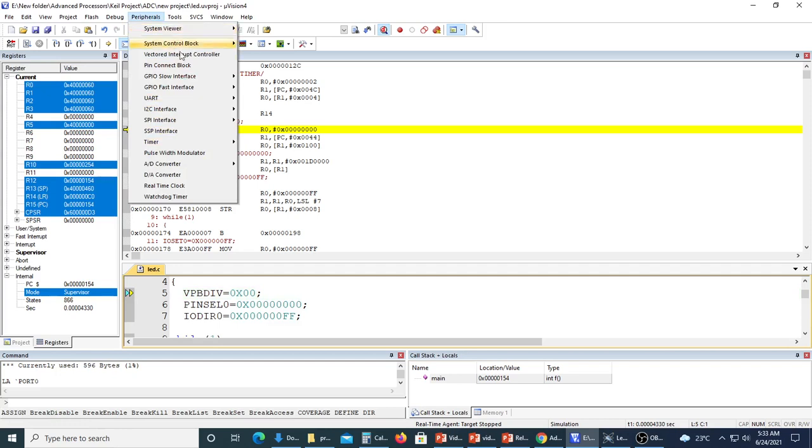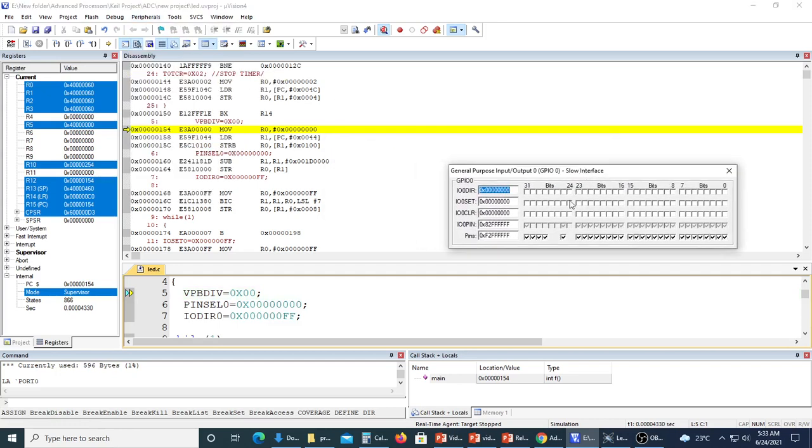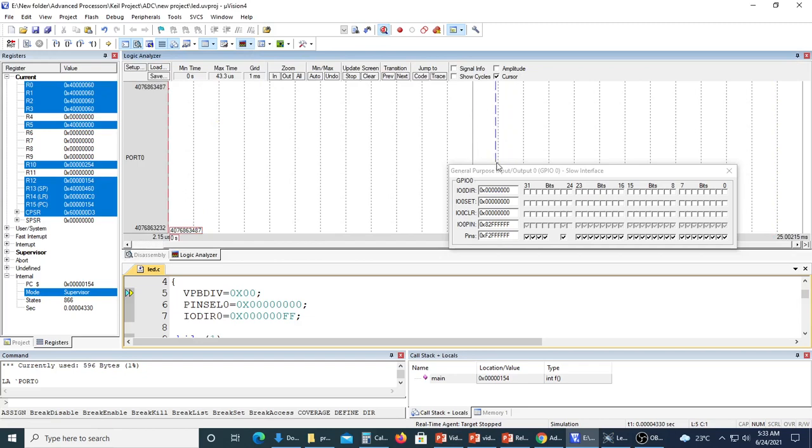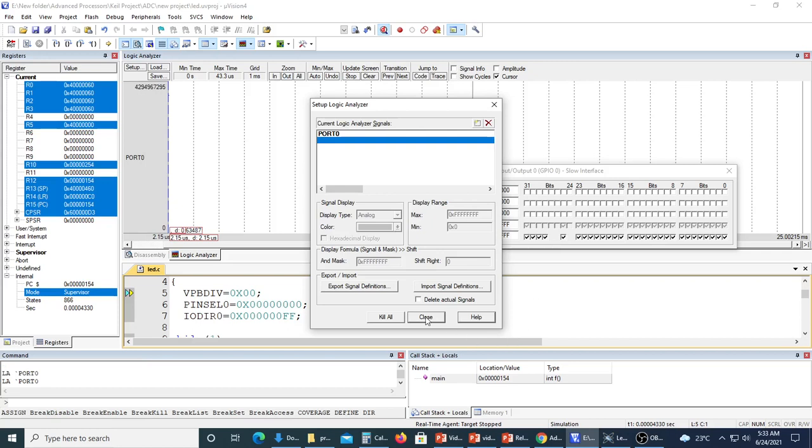In the peripherals, you have to select port 0. You can see the blinking here, or if you want to check, you can see it in the logic analyzer also. In the logic analyzer, you have to go into setup and create a new one. As we are using port 0, we will use port 0 here. Close it.